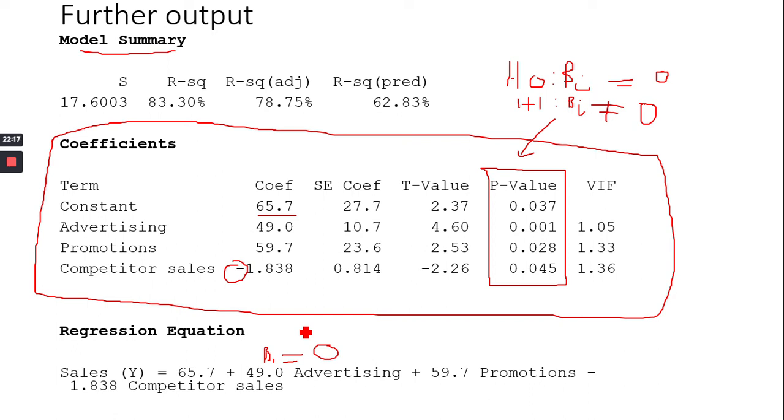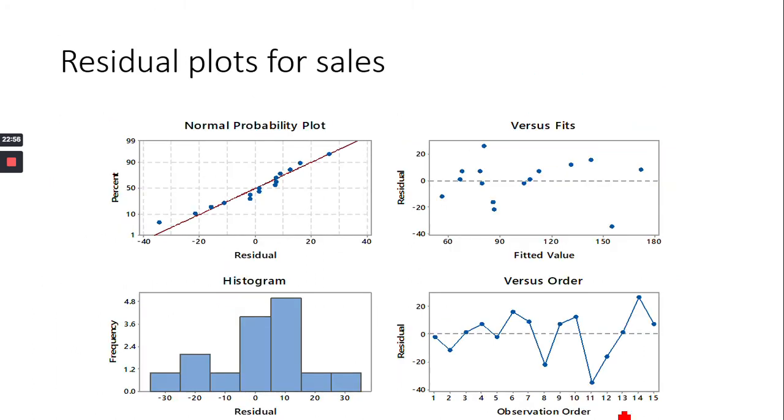But if we reject H naught based on these p-values, it means that we will retain that particular independent variable in our model. That is very, very important. So we use the table of coefficients to decide whether we need to retain a variable or do away with it. Now, I have an important column here, which is called the variance inflation factor. What is a variance inflation factor? Let us see that as we proceed. But before we look at that,